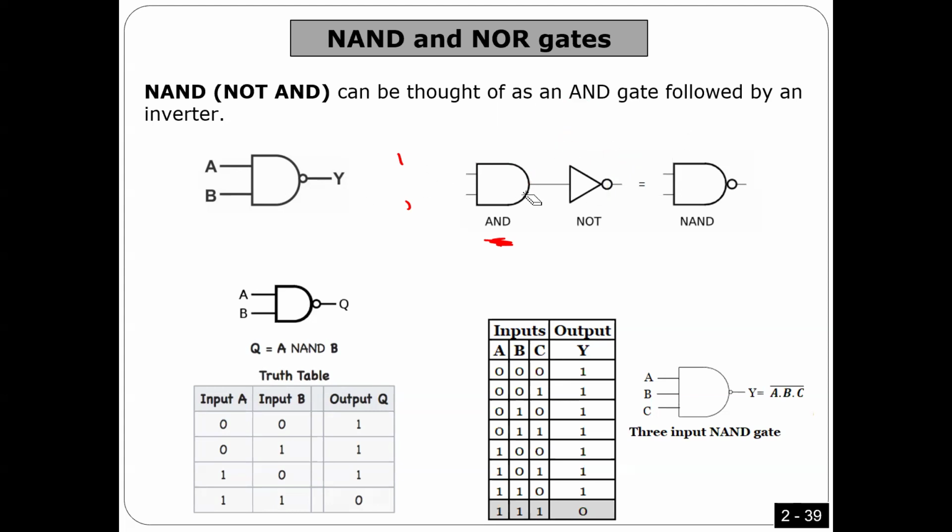So now, if one input is 0, AND gives me 0, and the inverter makes it 1. Very easy, right? So if one input is 0, I'm going to get 1. The only way to get 0 here is when all inputs are 1s, because when all inputs are 1s, AND gives me 1, and the inverter makes it 0. So that's why, if you look at the truth table here,